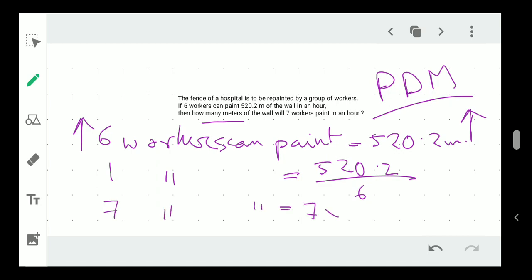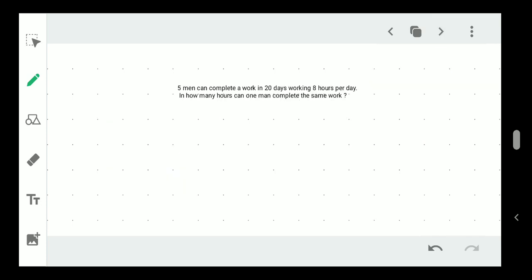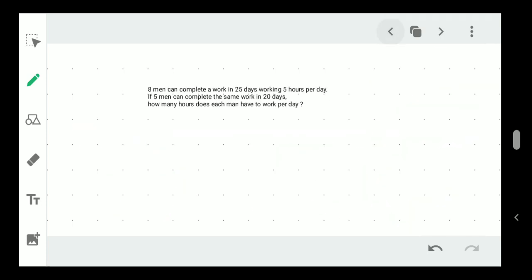So 7 multiplied by 520.2 divided by 6. So now you have to solve this thing. So this is again PDM. But some cases like this,